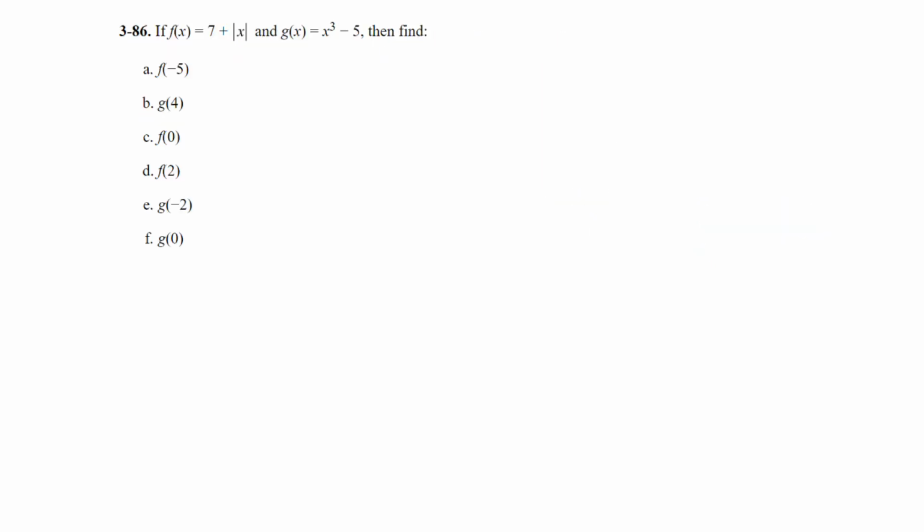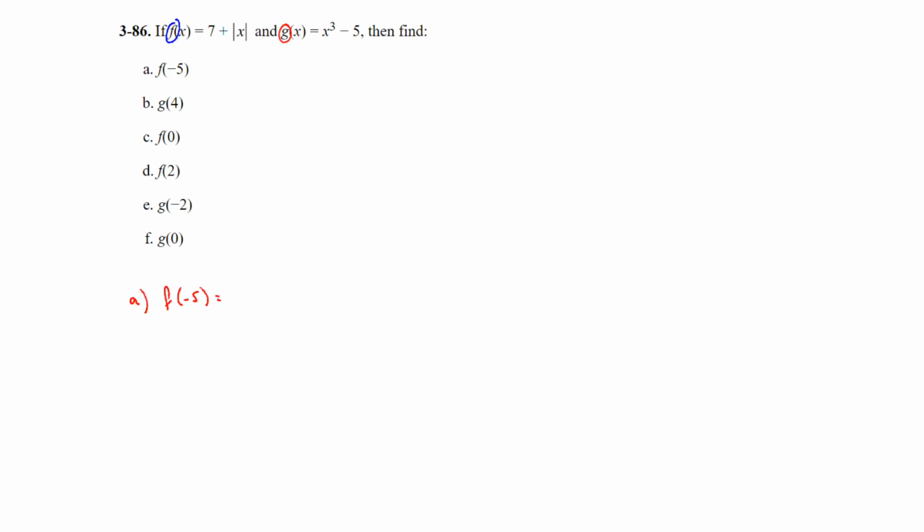Question 86, if f of x equals 7 plus the absolute value of x, and g of x equals x cubed minus 5, then find each of the following. Pay attention. We have an f function and we have a g function. So it's important that you're looking at the correct one. So f of negative 5,